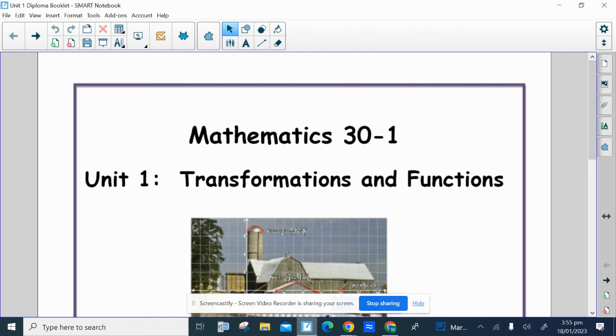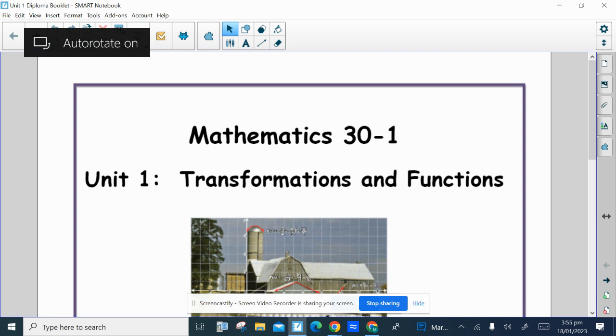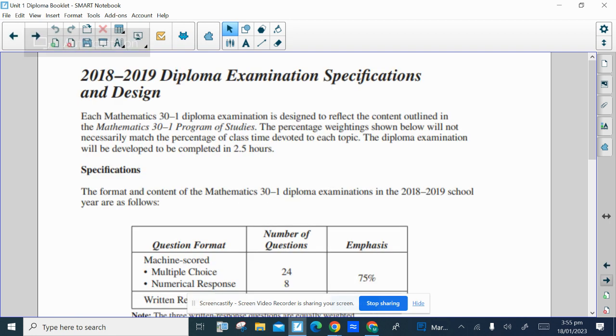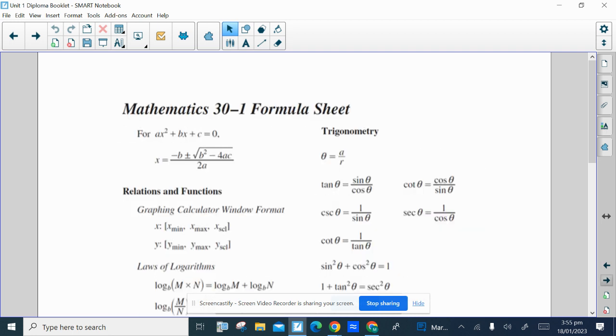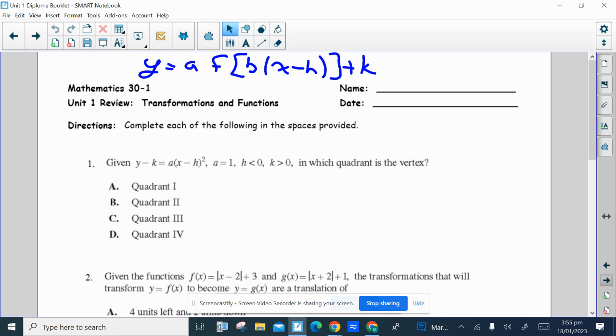Okay, so let's go through this transformation stuff. So we talked about the fact that transformations can be described from that equation, a f of b bracket x minus h plus k, and that